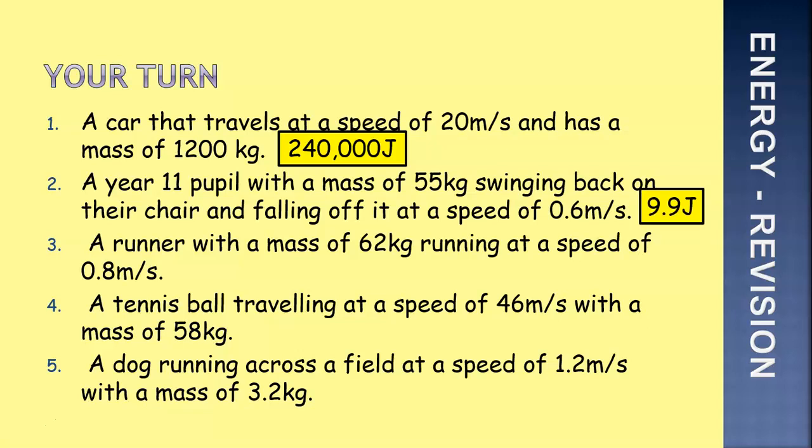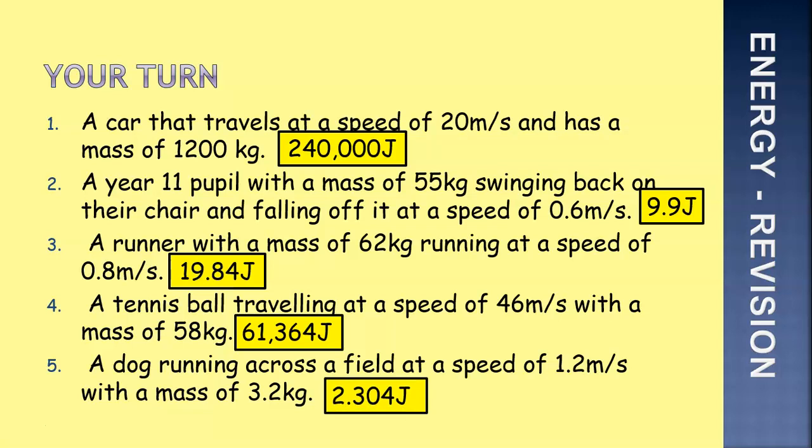9.9. A runner with a mass of 62, running at a speed of 0.8, 19.84. A tennis ball travelling at a speed of 46 with a mass of 58, 61,364 joules. And a dog running across a field at a speed of 1.2 meters per second with a mass of 3.2,